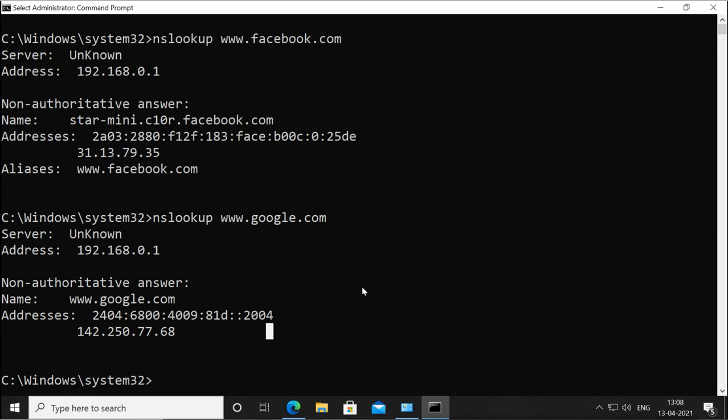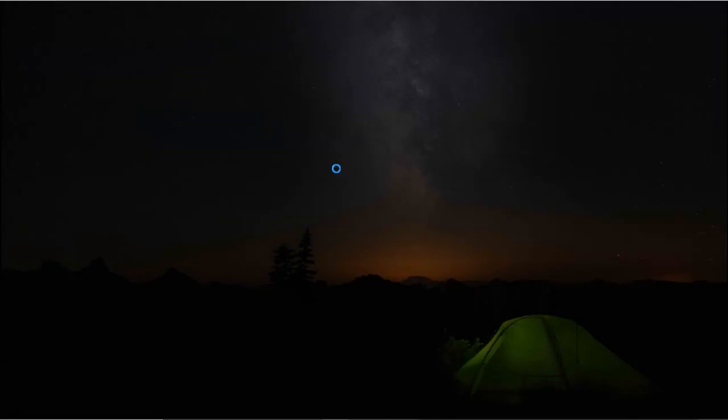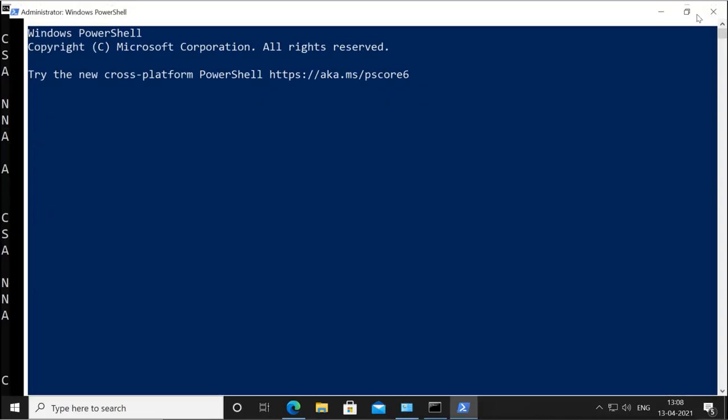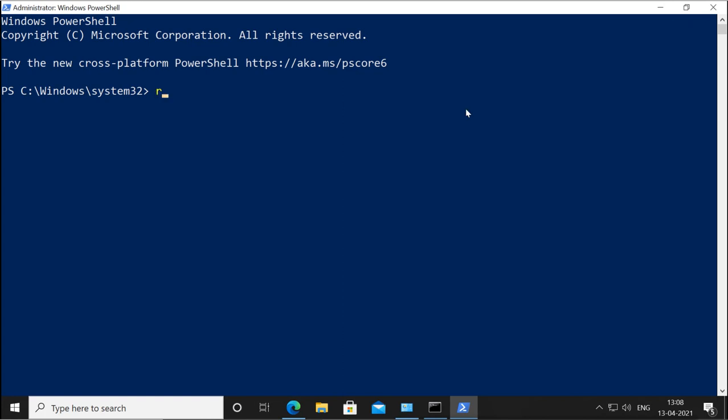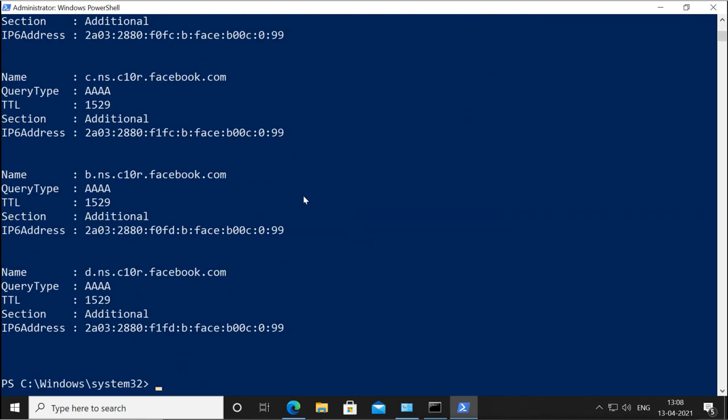For that I will open PowerShell, and I will give the command Resolve-DnsName www.facebook.com, and it is showing the resolution.